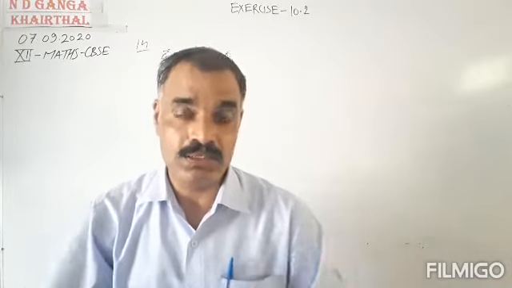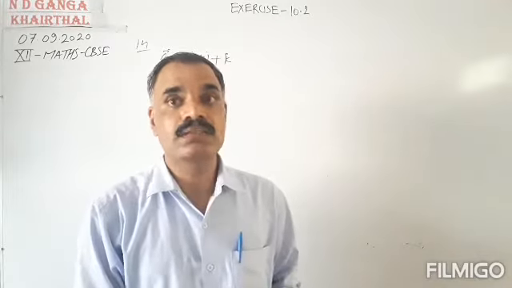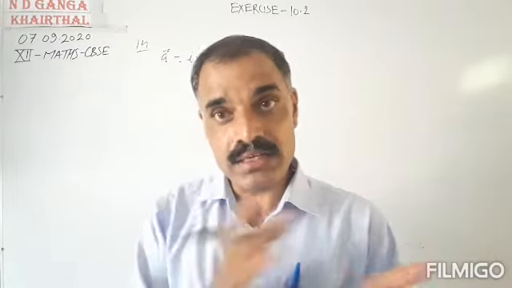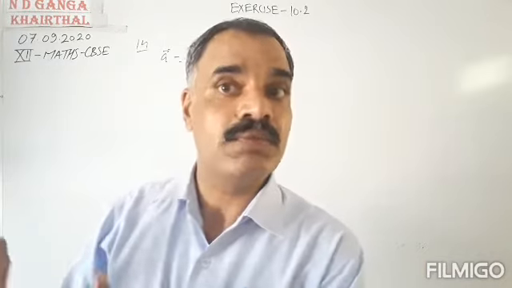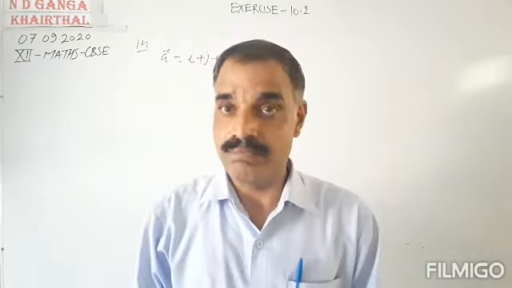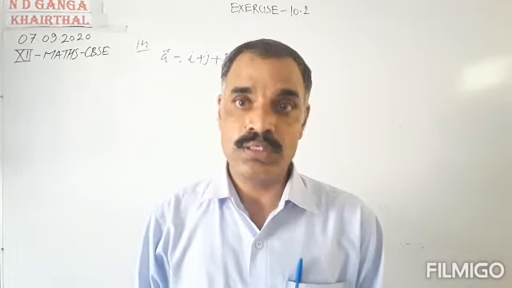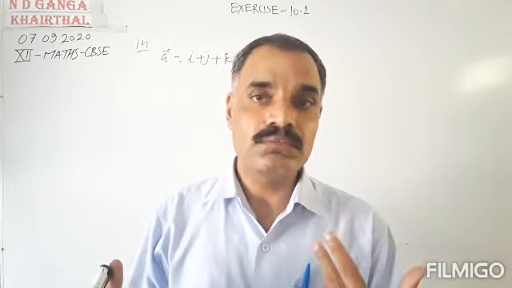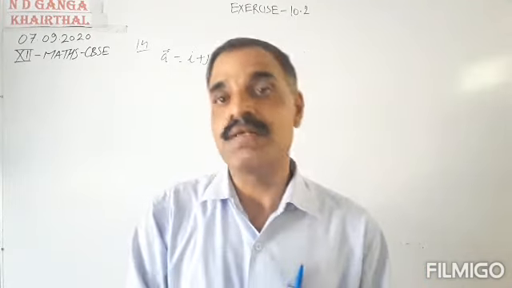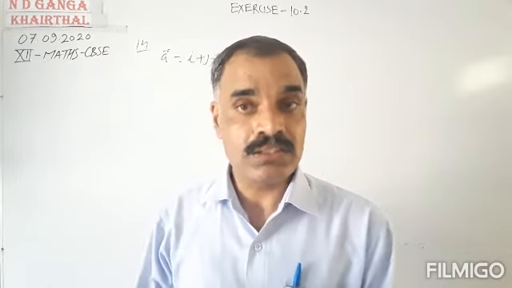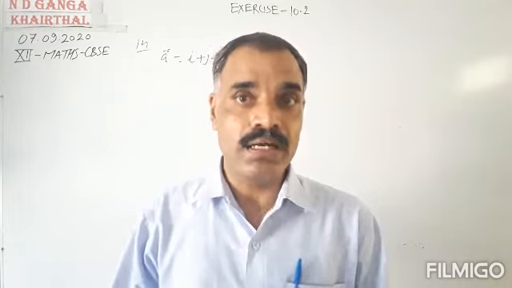What does equally inclined mean? Equally inclined means direction cosines are the same. Equally inclined means the angles are the same. The angles made by the line with the positive direction of the x axis, y axis and z axis are the same. Okay, so direction cosines are the same. So we have to find out only the direction cosines of this vector. If direction cosines are the same, it means this vector is equally inclined to the axes OX, OY and OZ.